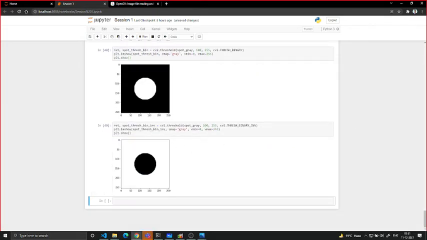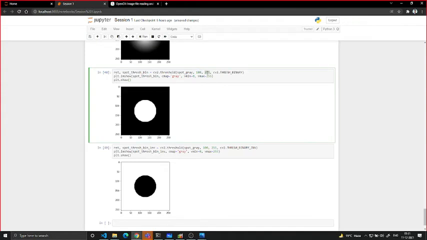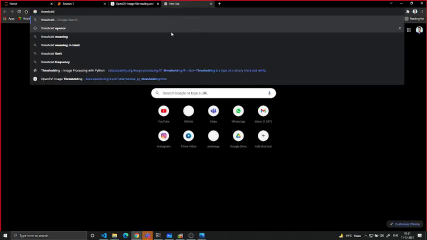Now to answer Venkatasai's question: we have only mentioned greater than 150, but we also got for less than 150. Do you mean for this argument or for this argument? Which argument are you confused about? Yeah, for the second argument. So, spot gray, 150 and 255. We replace the values greater than 150 with 255, but we are not concerned about less than 150. I think it takes 0 by default, but just to confirm, let's look at the threshold